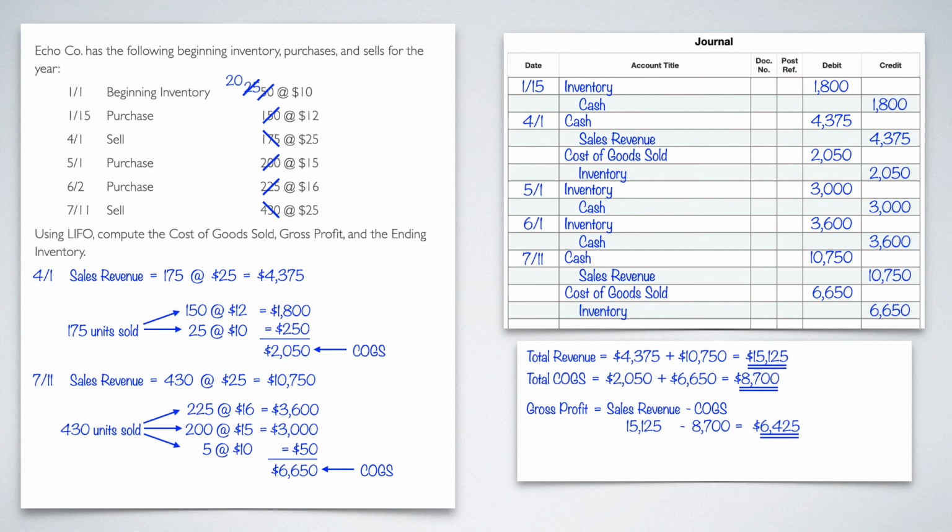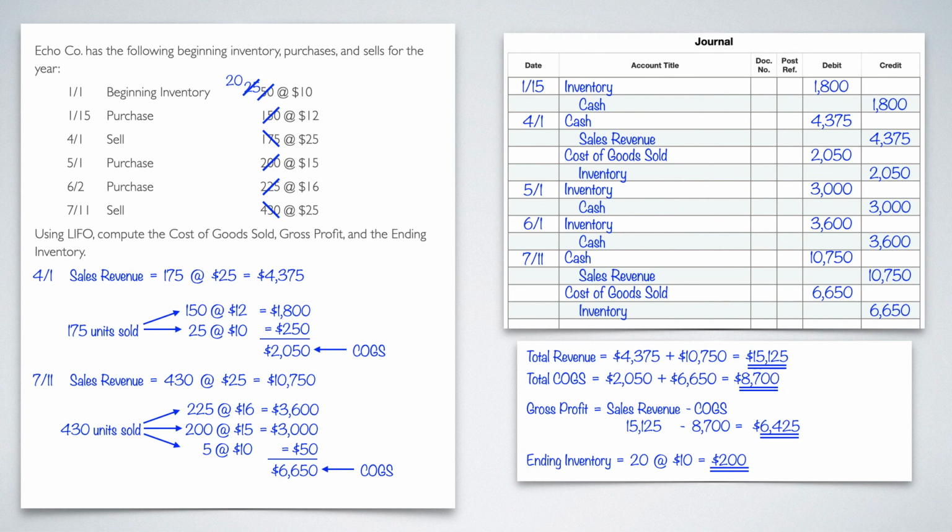And then finally, the last thing is the ending inventory. Now we know, we just said this in the last video, that FIFO, it was 20 units. And LIFO is going to be 20 units as well. And when we do weighted average, it's going to be 20 units as well. But the important part is how much those 20 units cost. So that's 20 units. If we go all the way back up to the beginning inventory, that is $10 a piece. So at $10, that will give us an ending inventory of $200. And that is how you do an intermittent purchase and sale example using LIFO.